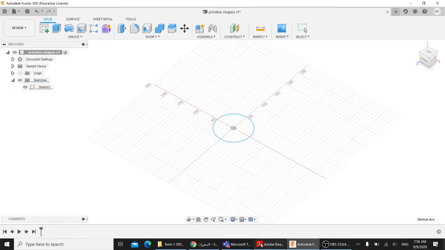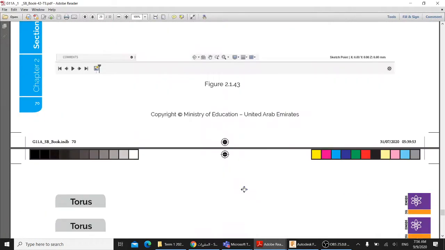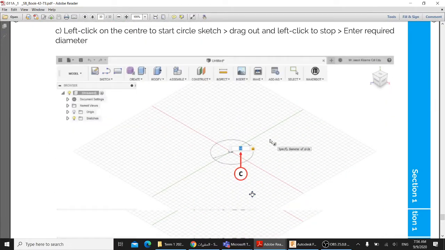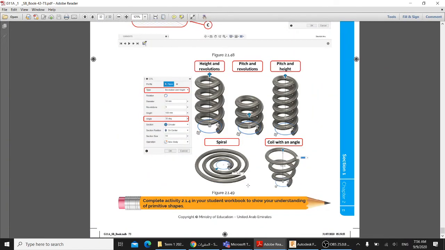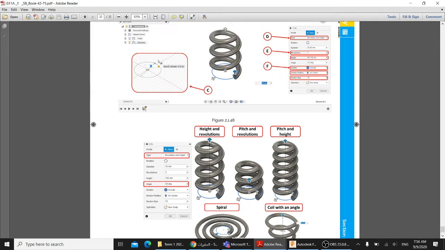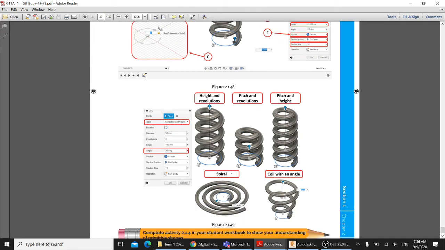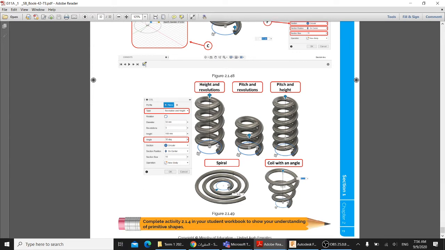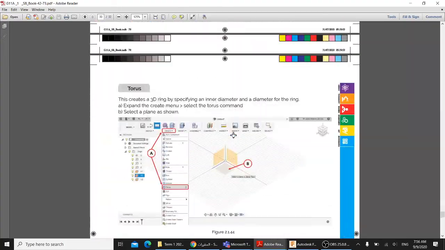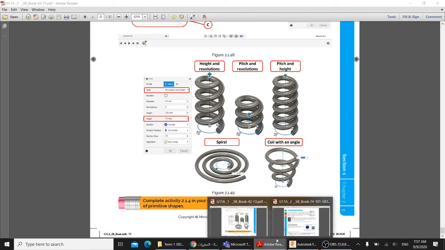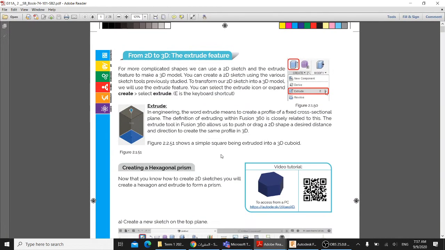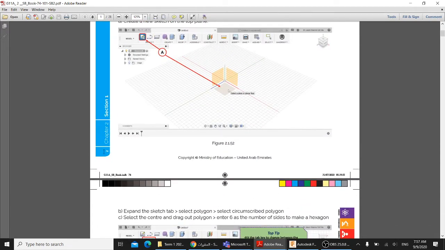Okay, so that's it for this section now, which I think, according to our plan, we should have finished by last week, but it's fine. So all of this that we have learned, remember when you see, I think there is activity 2.1.4, it will tell you to draw or to create a primitive shape. So you can create one of these shapes. These are the primitive shapes. Okay, so let's continue. If you open the book in page 74,